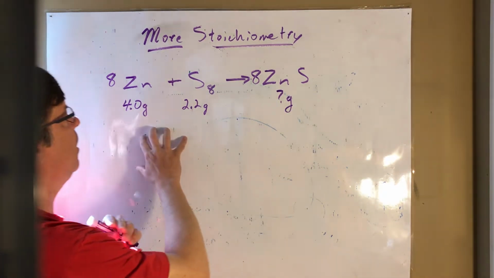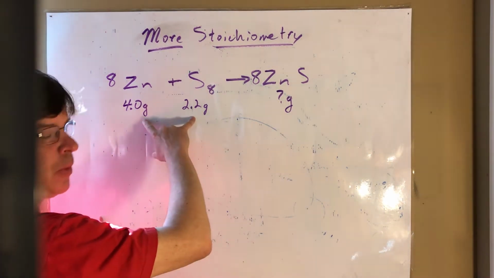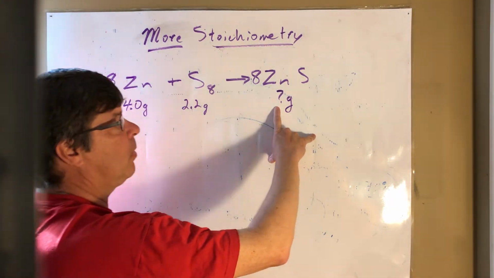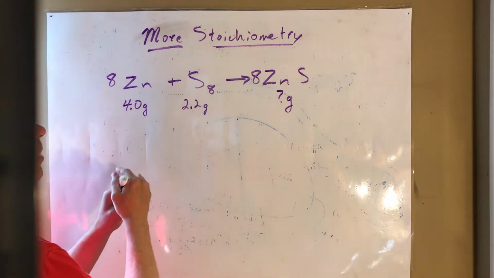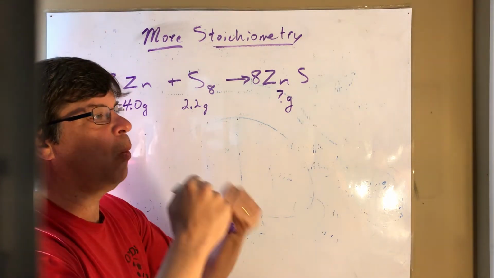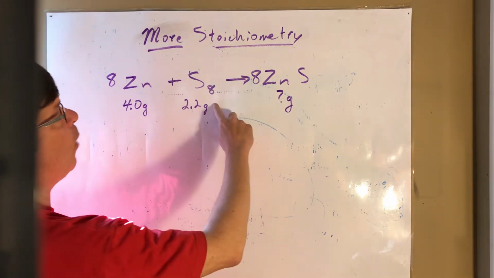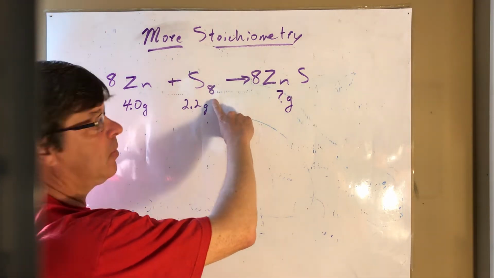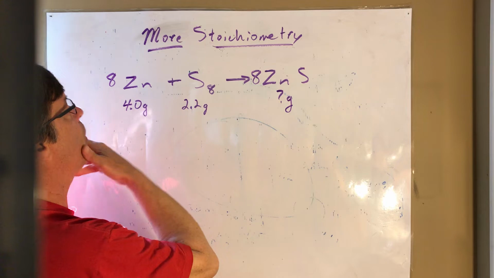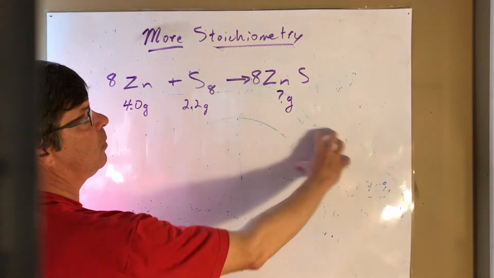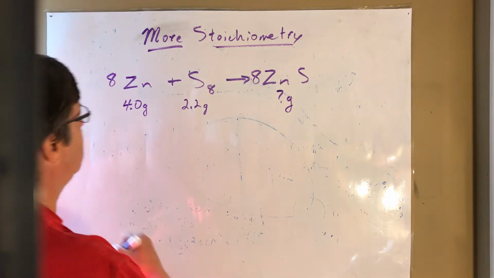Okay, so anyhow, you can see that we're given information about both reactants. We're trying to figure out how many grams of zinc sulfide will be produced. So when given a problem like this, we don't know what's in excess. We don't know the limiting reactant. There could be way more than needed of the sulfur, or there could be way more of the zinc that's needed. So what we want to do is do two stoich problems. So we'll start with the